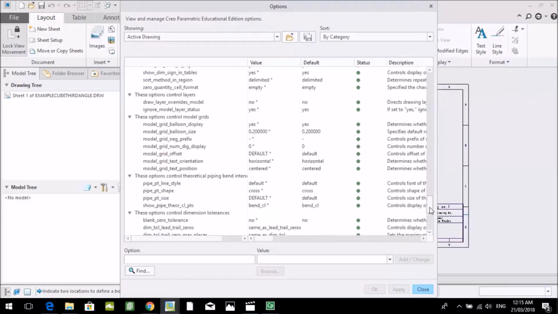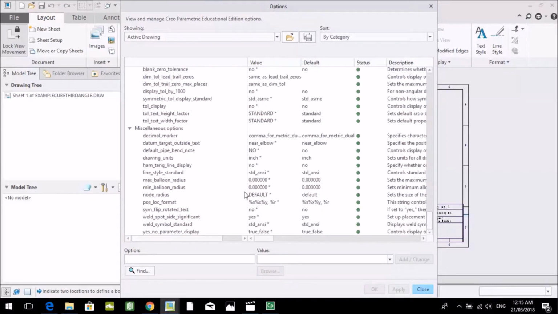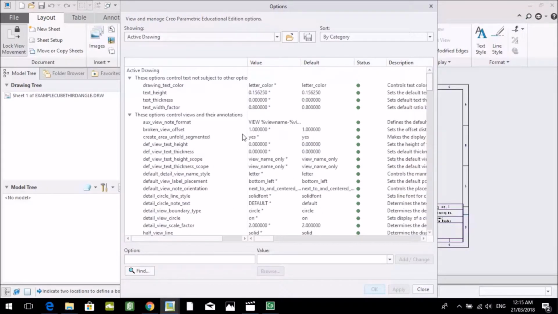So we scroll right down and we look at our drawing units. We're going to change these to millimeters, add, apply. Then the next thing we want to do is look at our text height. So we're going to change our text height to 3.5, add and apply,